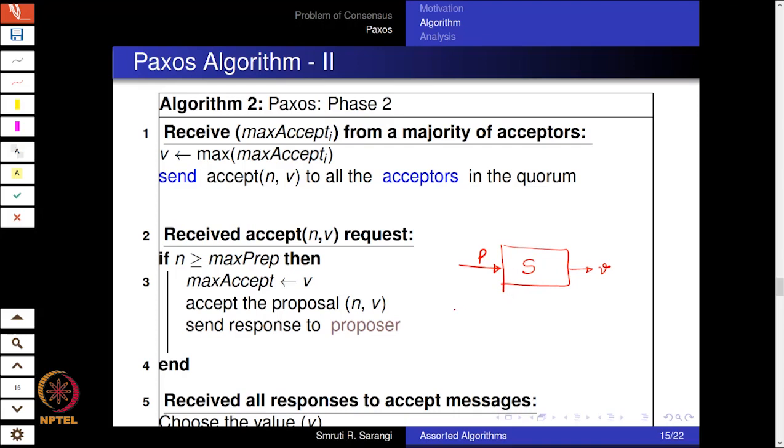After the protocol, if somebody wants to just come and learn the value, it can ask a few nodes if they are aware of the consensus value. If they are aware, they can send a response. We can always designate distinguished nodes for this purpose, or the learner can simply act as a proposer and try to propose a new value. If consensus has already been achieved, then the line over here will not allow it to propose a new value. Instead, it will have to propose something which is already there in the system.